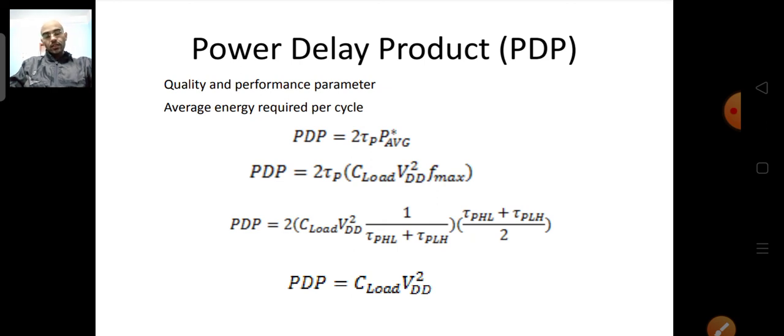Okay, and in VLSI, as you can see, most of the circuits which we use, like our mobiles, our laptops, these devices work on batteries. Okay, so these are battery operated devices. So for these battery operated devices, we are always worried about how much our battery will last. Okay, how long it will last.